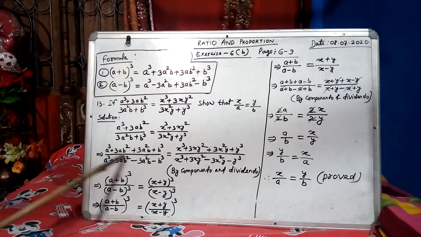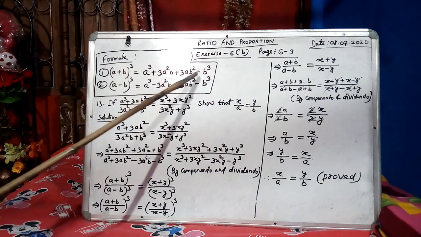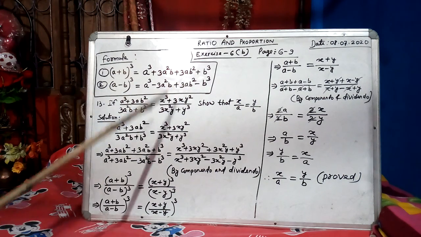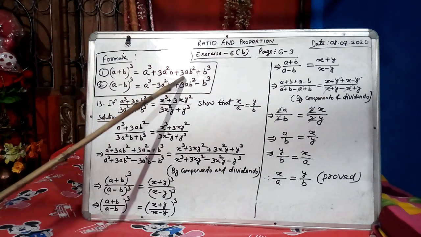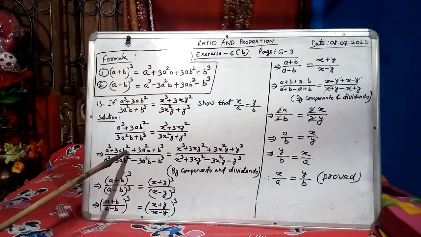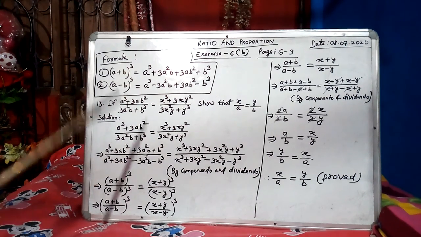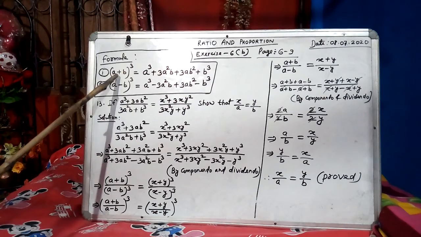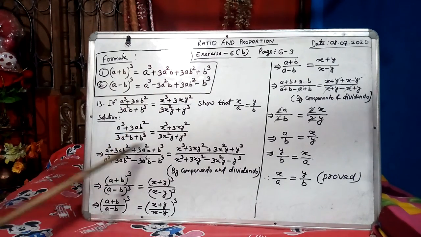Now when we check this particular part, it is a formula, and you can see this is the formula of (a plus b) whole cube. The (a plus b) whole cube formula is the same. The only thing is that there 3a square b is in the second position and 3ab square is in the third position, but here 3ab square is in the second position and 3a square b is in the third position. But the rest is the same. Whatever is there, the same thing is here. Only the position has been changed.